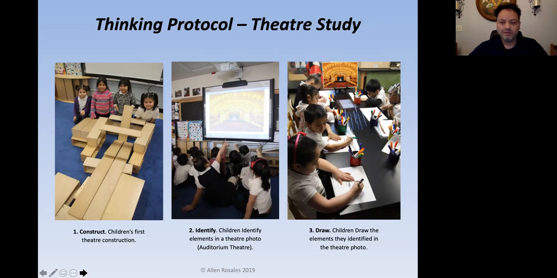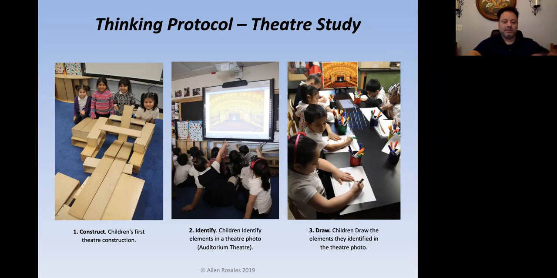a couple of the girls had gone to the local theater, right, to watch movies. And they were so excited to share that experience. And so what they did is they constructed a theater with blocks, and that's what you see there. And that's what naturally happens. Children will go to the block area, they'll use some blocks, they'll use some materials, and it may not look like a theater, but that's a representation, right? That's what they had at the moment.